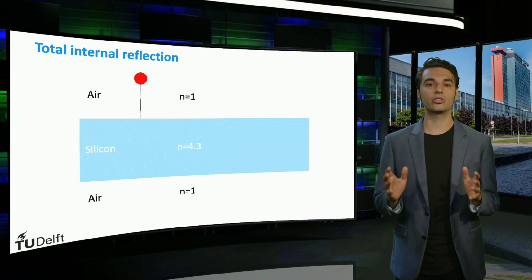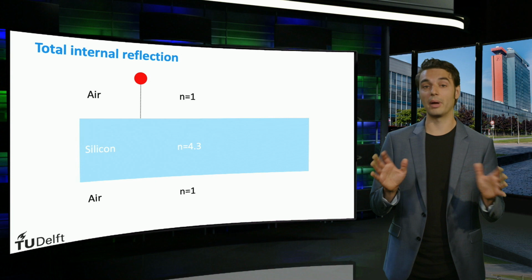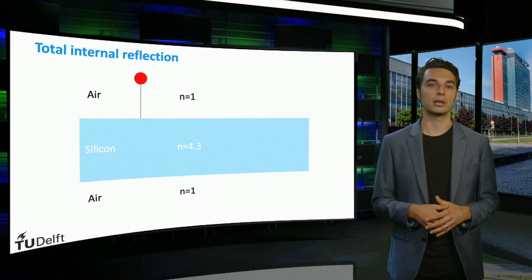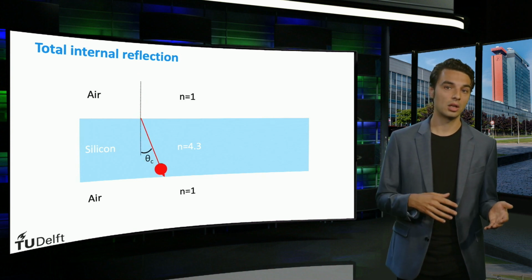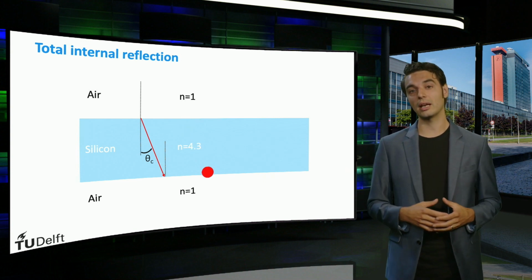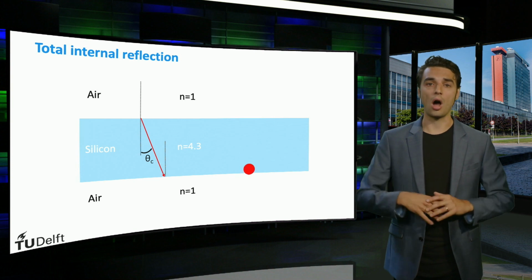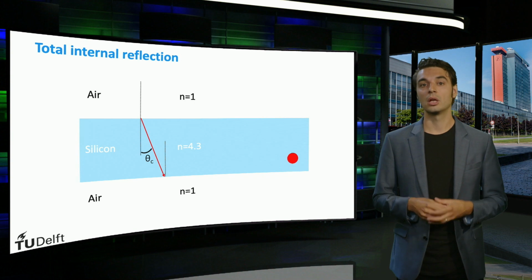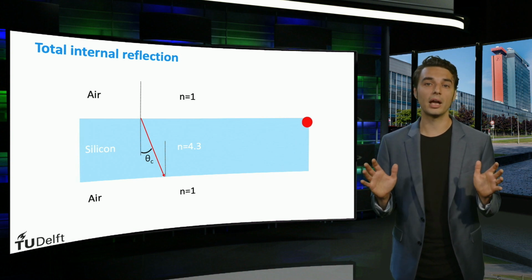Let's now consider the same light beam entering the silicon slab, but now we assume that, for some magical reason, light enters at an angle of refraction greater than the critical angle. Light enters the silicon, gets refracted, but now at the second interface all of the light intensity is reflected back into the silicon slab. Each time light encounters the silicon-air interface, all of the energy is reflected and none of the energy is transmitted. The light beam exhibits total internal reflection and undergoes many passes through the silicon slab.